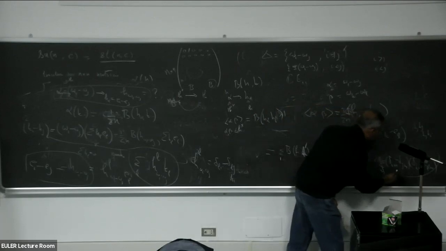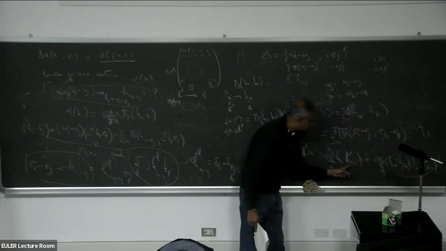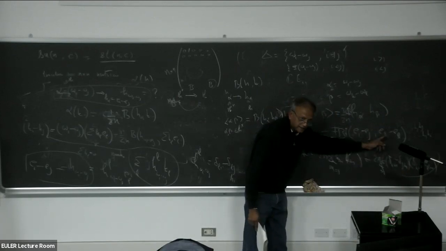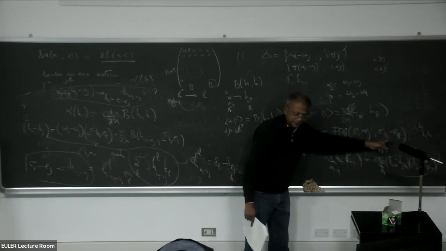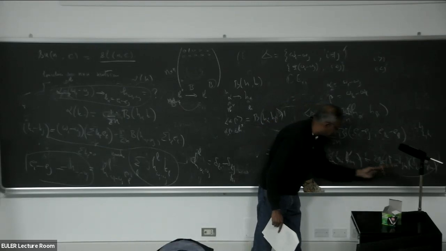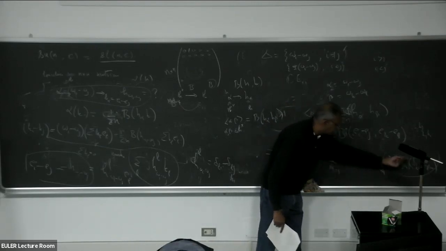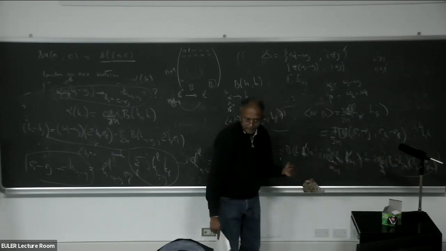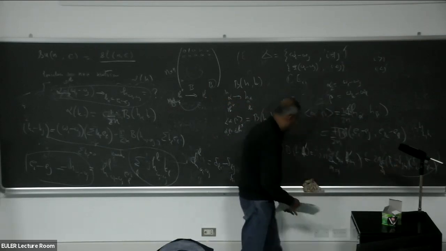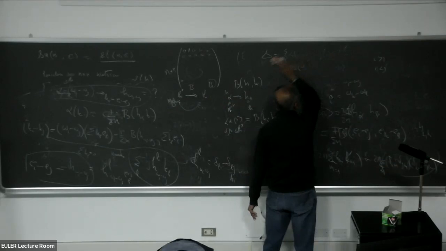So H prime, on the other hand, is this element. H prime, this M is not zero only when M equals K or L. When M equals K, it is +1. When M equals L, it's -1. So that is what I've written here. Delta IM minus delta JM for the first guy, and the second guy is delta KM minus delta LM. Kronecker delta. Now you just multiply that and sum over it. So we can sum it up, and the result is,